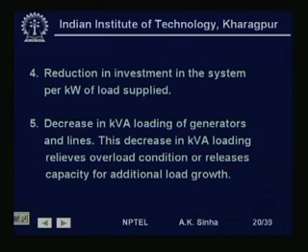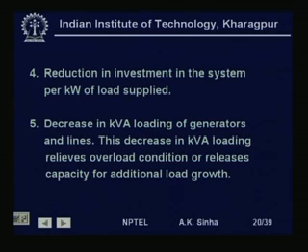Since the current flowing gets reduced, therefore the I square R losses on the transmission line will also get reduced. This is another advantage in having reactive power compensation on the system. Of course, this means that there is going to be a reduction in investment in the system per kilowatt of load